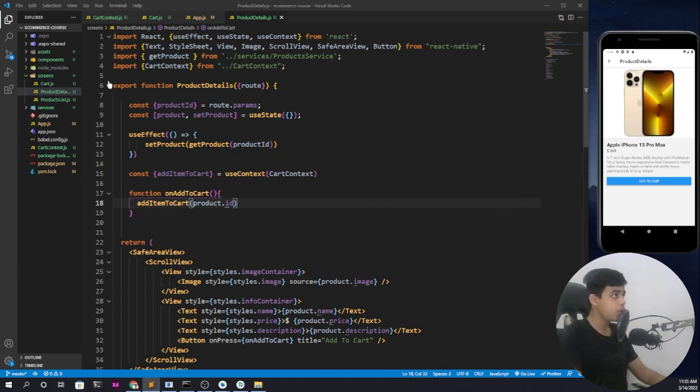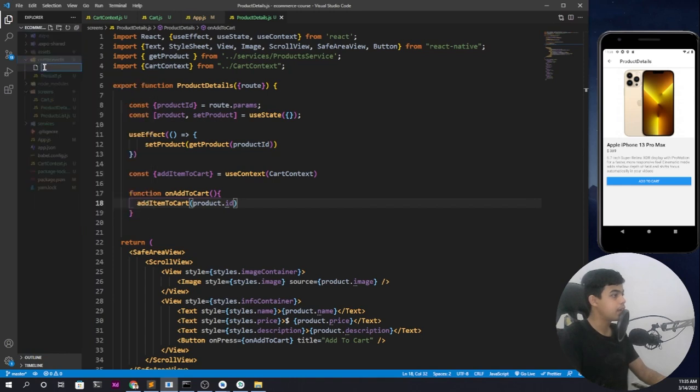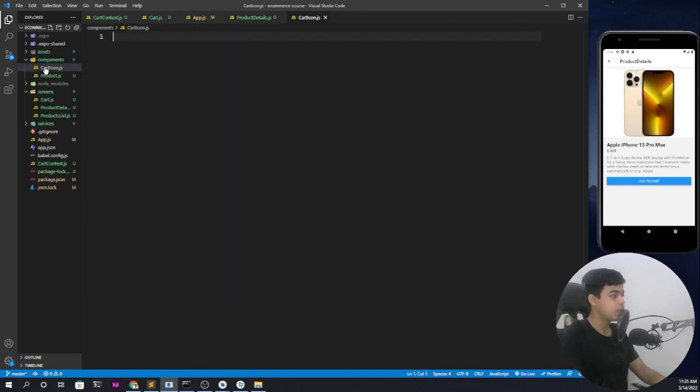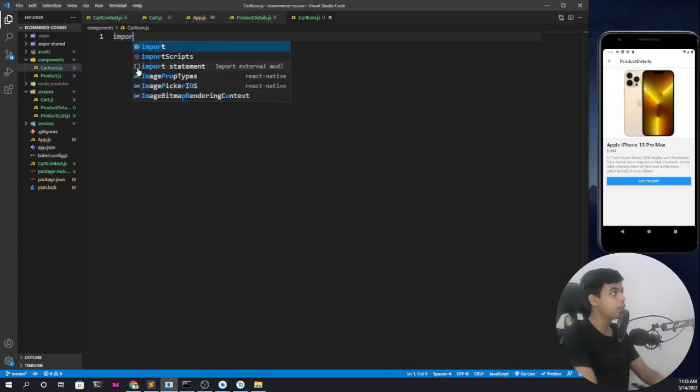So for doing that, now we have worked with this file, so I'm not going to close it because I will be explaining you at the end. So if you see over here, just come to your components, create a new file and name that file as cartIcon.js file. This file is going to include all of the code that we'll be writing for styling our cart icon. So just import React,